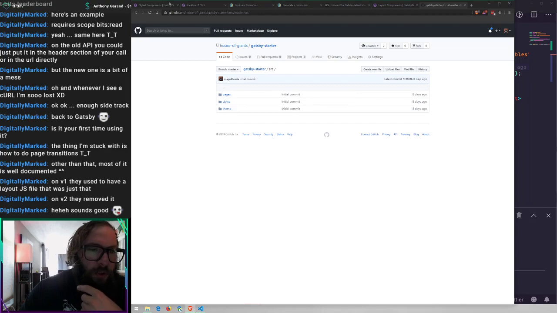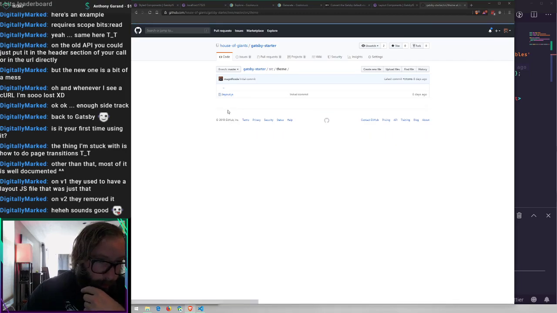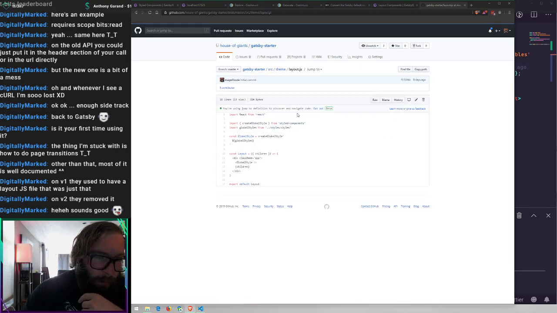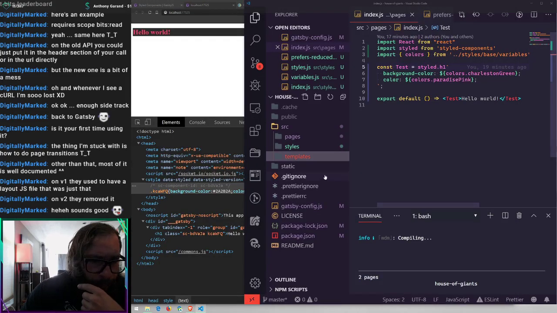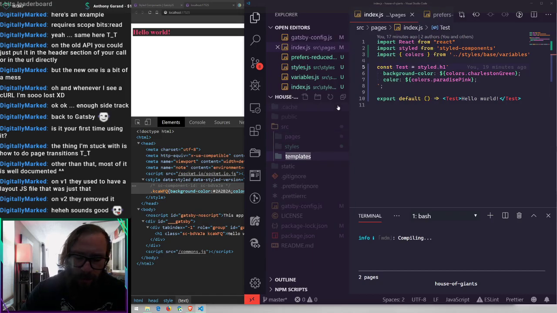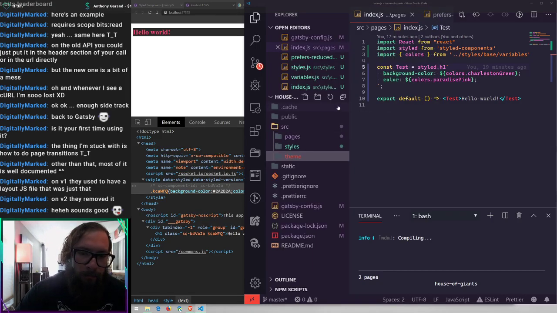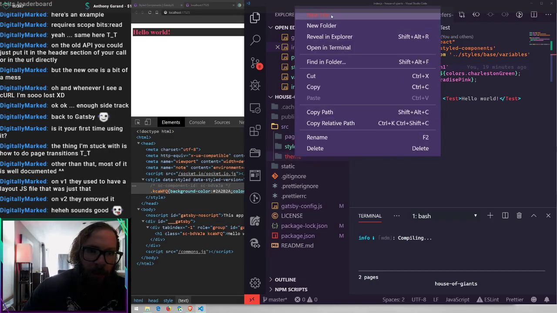In that initial thing I was playing around with, I created a theme folder and then created the layout component within that theme folder. This is where all of our global styles and everything go. So that's what we'll do here. We'll rename this from templates to theme, and then create a layout